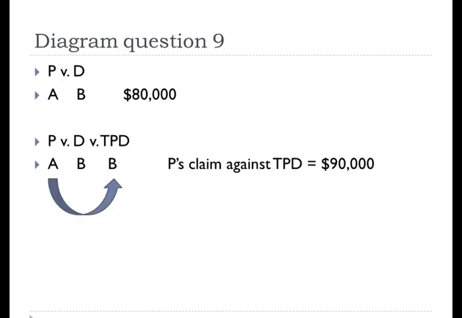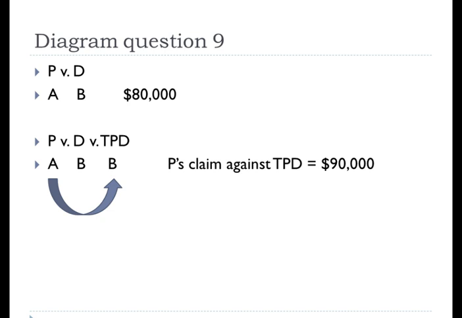So you probably already know that the best way to approach these types of civil procedure problems is to diagram them. So essentially what we have here is an original claim by a plaintiff against a defendant. There's diversity, the amount in controversy is met, and then the defendant goes and files a third-party complaint against a third-party defendant. Now, the defendant and the third-party defendant are both citizens of the same state, and so you might be thinking, oh, maybe this is what the question is going to be about.